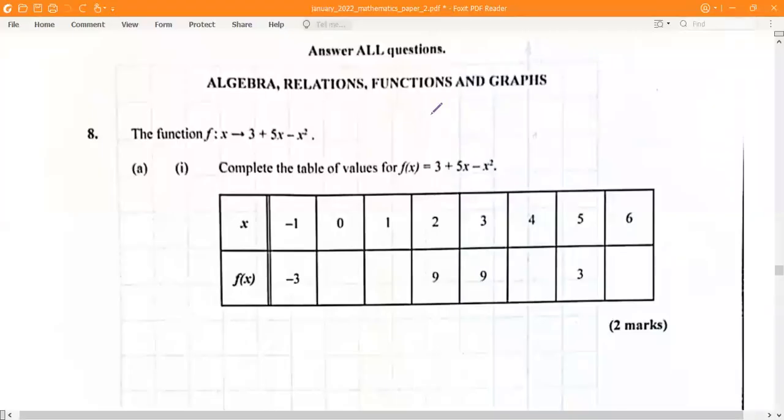Good day, everyone. We are working on January 2022 CSEC Mathematics Paper 2, number 8, functions question. We are given a function f of x is equal to 3 plus 5x minus x squared. Complete the table of values for the function. So we are given a table of values with values of x and f of x. And when x is equal to 0, we substitute that into the function, so we get f of 0